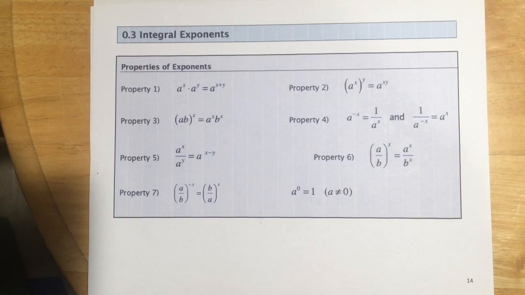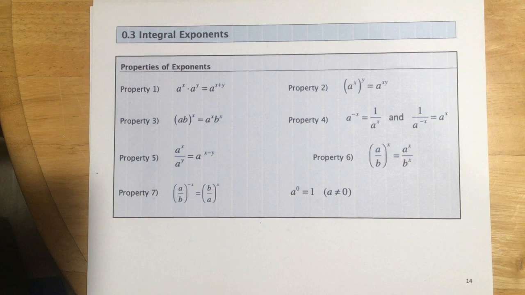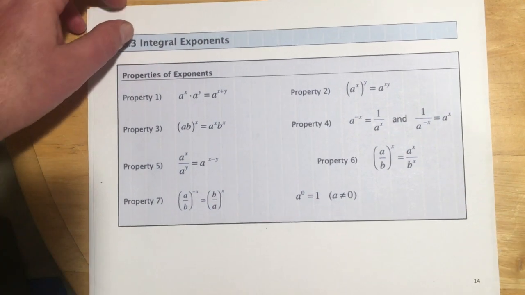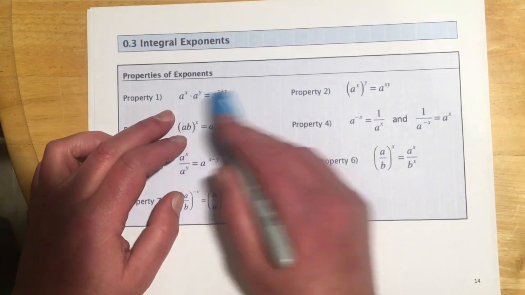Hey all, so this is section 0.3 for Math 116. This is about integral exponents. So we have this kind of list of properties of exponents. The major ones are 1, 2,